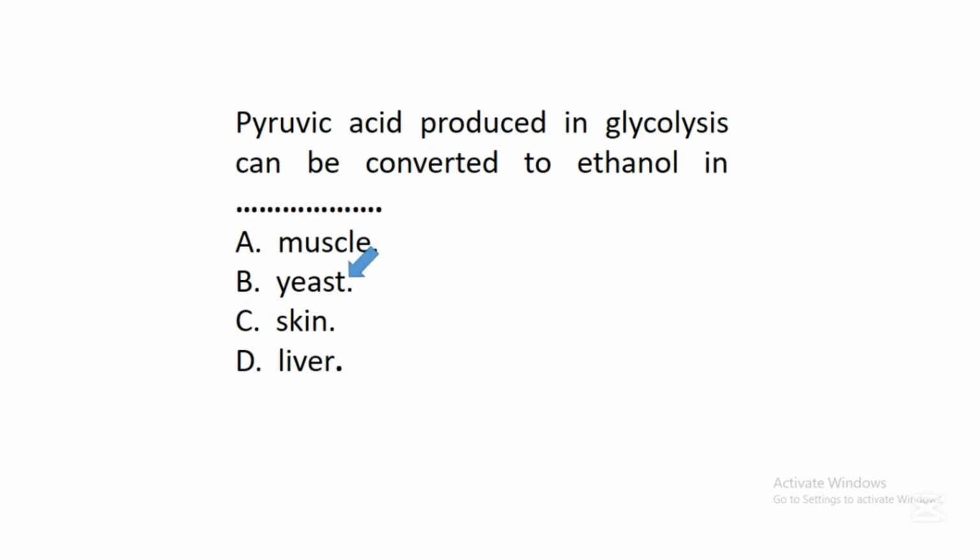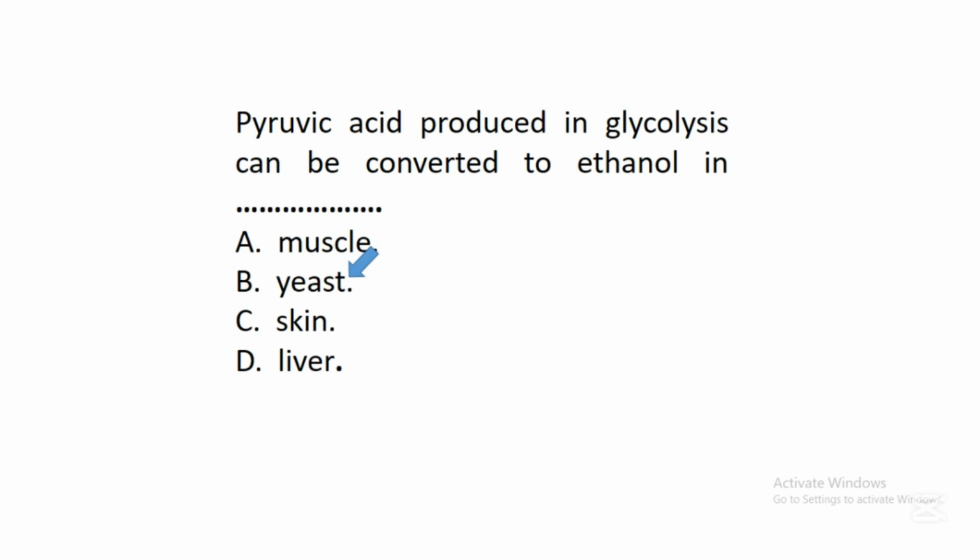So, in a yeast cell, when this glycolysis occurs, it will lead to production of ethanol and carbon dioxide as the product. Because this important compound called ethanol is produced in a yeast cell during glycolysis,